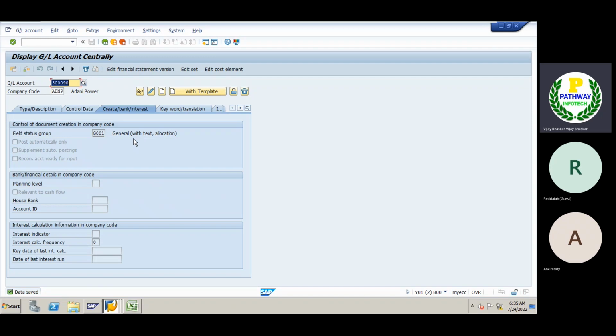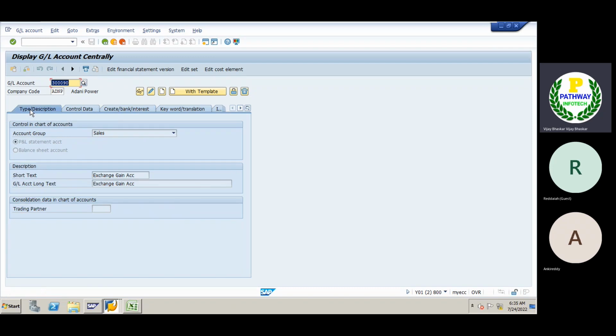Now, the valuation. Remember, the two GL accounts we have created are only for exchange gain or exchange loss. Then when we perform the actual valuation, if it is unrealized, this is an unrealized exchange gain or unrealized exchange loss. Because of the valuation we are going to perform after making the payment, we have to perform it. Now let us create